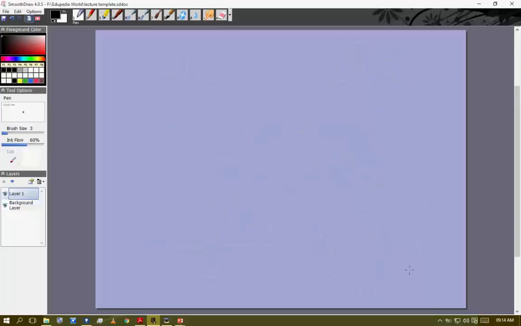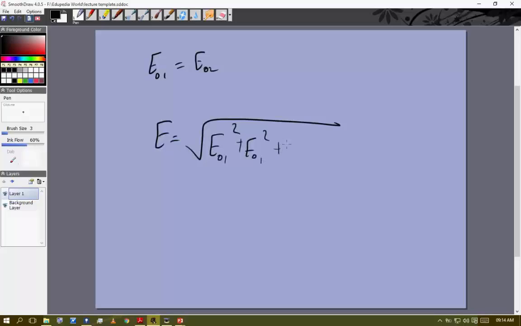Just a couple of small mathematical notes. If E01 is equal to E02, that is, generally the intensity is proportional to the width of the slit, and the square of the electric field is proportional to intensity. So if the width of the slits is the same, the electric field magnitude will be the same. In that case, E is equal to root of E01 squared plus again E01 squared plus 2 E01 E01 cos delta, which you can apply a little bit of mathematics yourself, and you can simplify it as